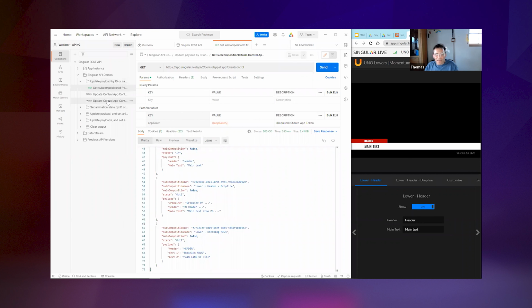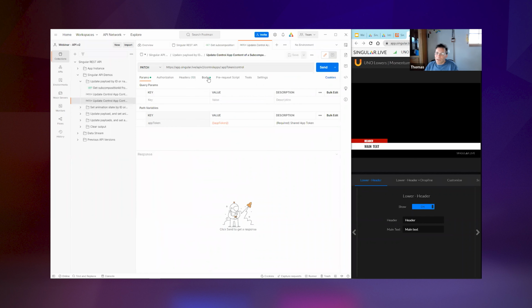And the same way, I can also update my payload and the controls which are here. And we prepared the payloads corresponding to that